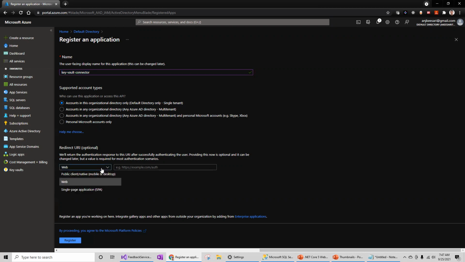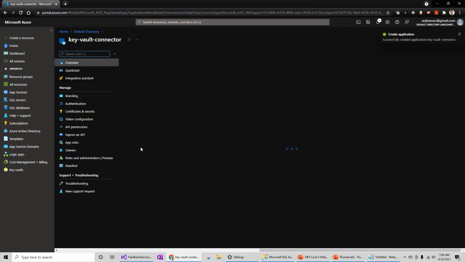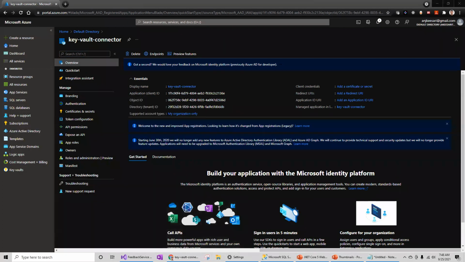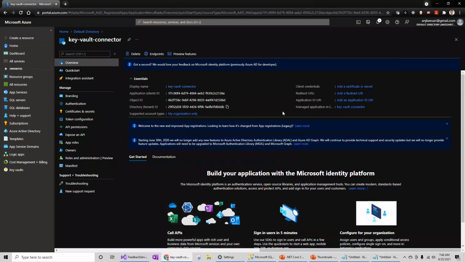So I will use the default option here and then just register the application, and then get this information: your application ID, the client ID, and tenant ID. These are going to be useful. I'll just note down the application ID and also the tenant ID.